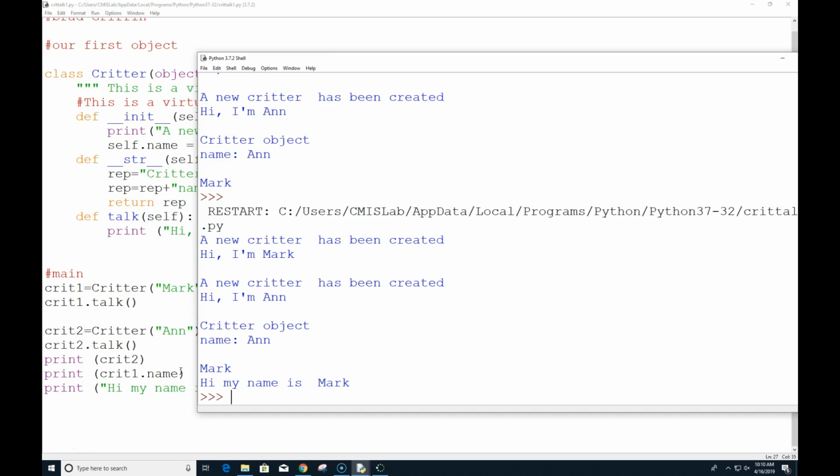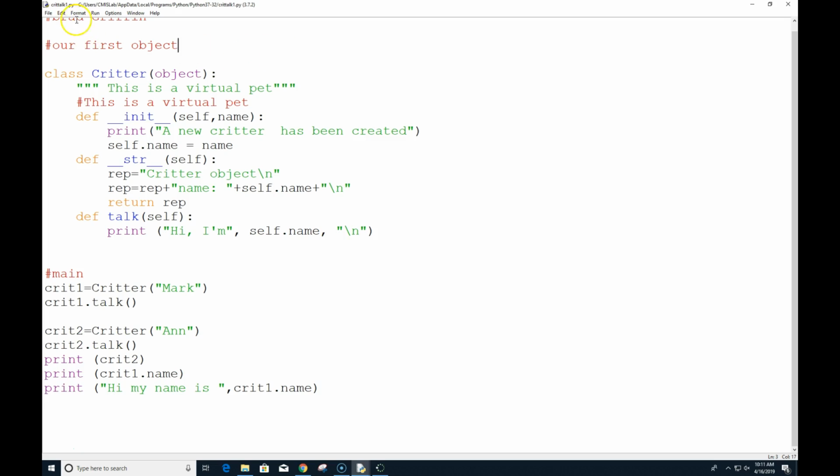We have a couple of other things we need to look at. So we're going to look at one called the Classy Critter program. So we're going to start on page 229. It really doesn't start until 230, but we're going to create something called a Classy Critter. So I'm going to take this and do a new.